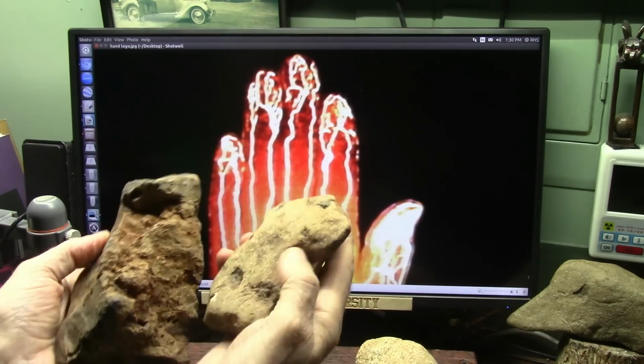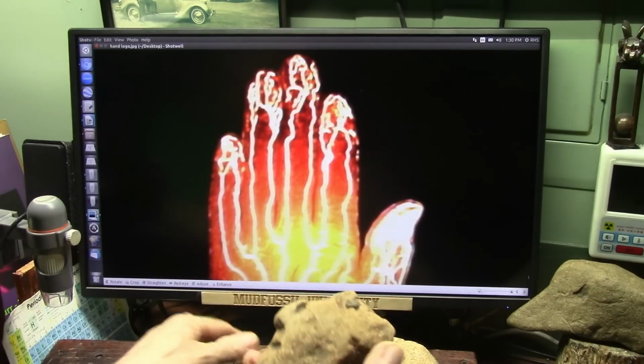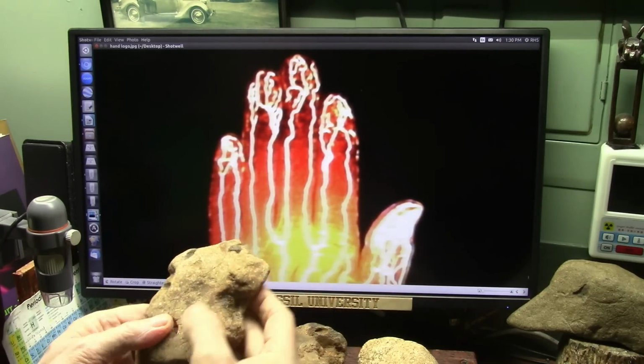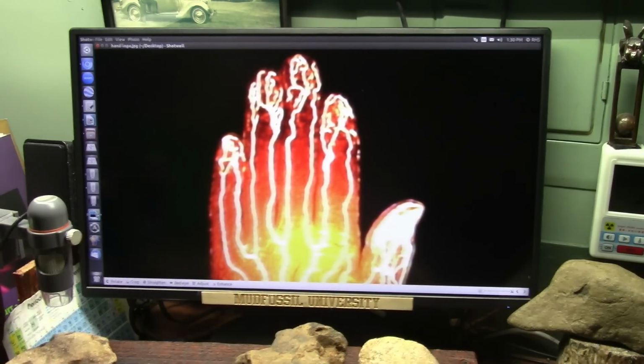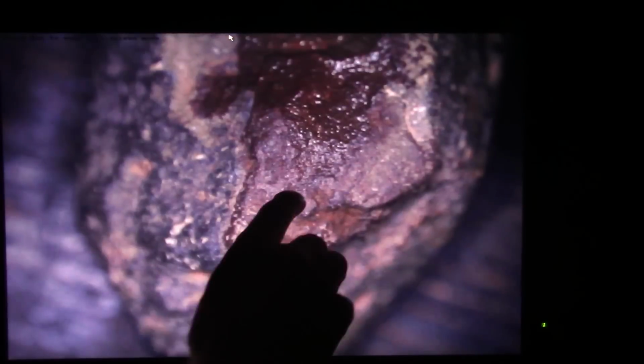Now let's take a look. I showed you this, the red blood inside the meteorite one. Now let's take a look at this one, what we got on this one. Okay, my good friends, you see what you see there. I just put a little moisture on there. It's pretty well dried up down this area.